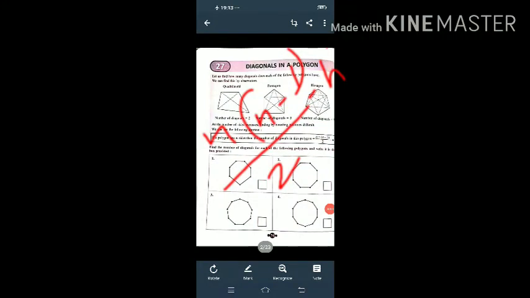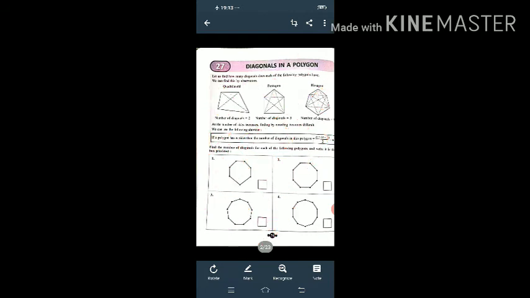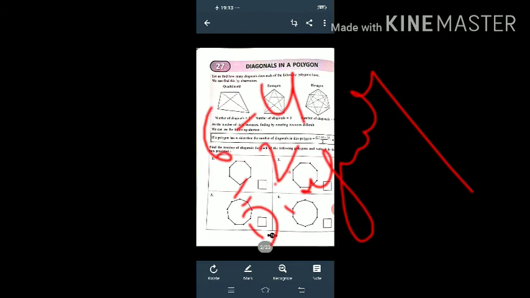Hello students, in today's class we are going to conduct a class related to aptitude for class 8th, from a book known as KYA. In KYA,